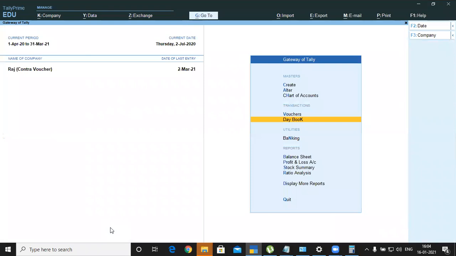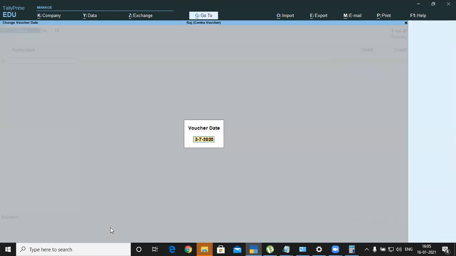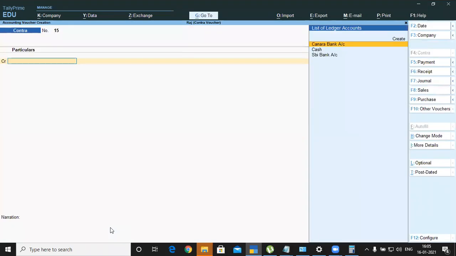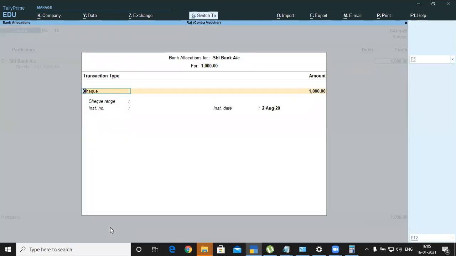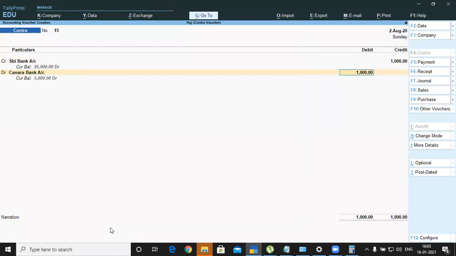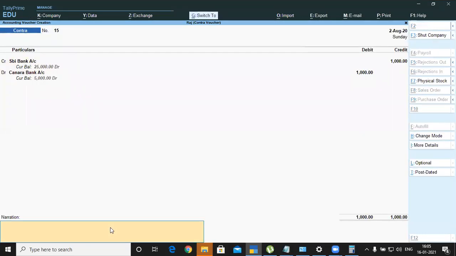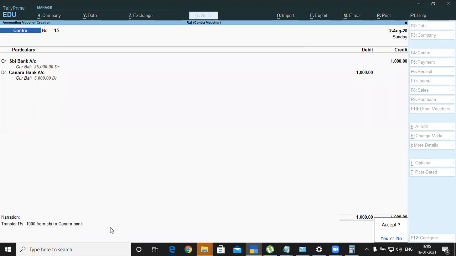Next I have to start from August. Press F2, 2nd August, SBI 1000, then Ctrl R, enter. August.